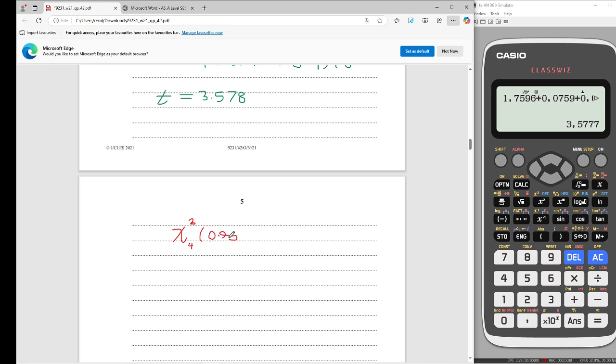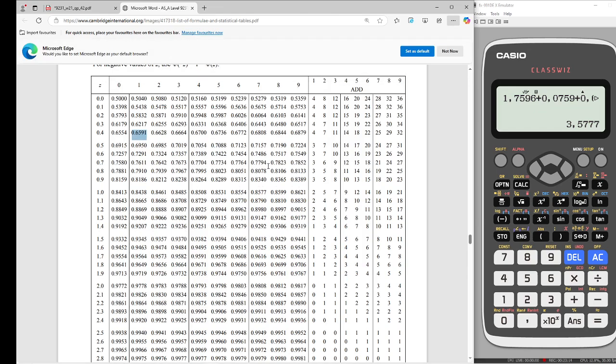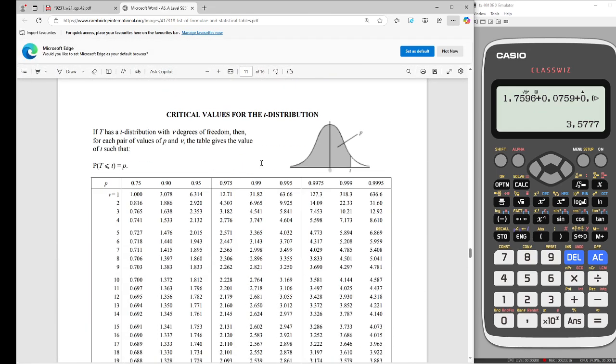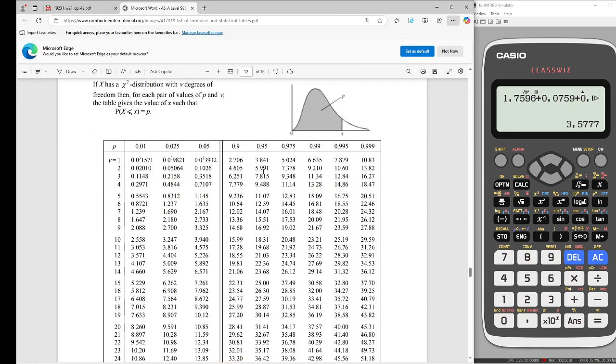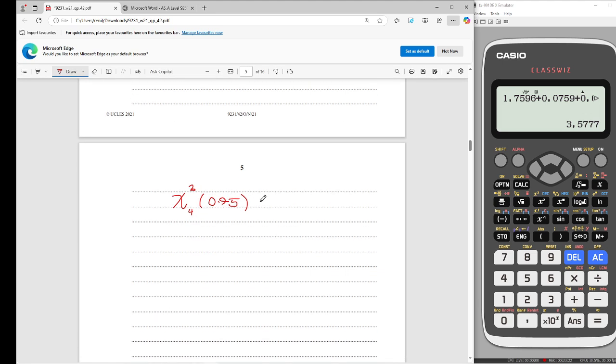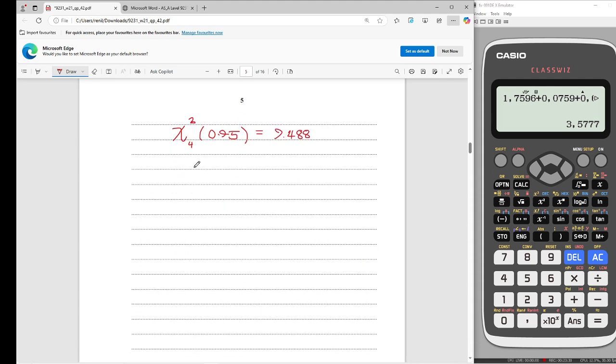What this means is that we're going to look for a p-value of 0.95 with degrees of freedom 4 in the chi-square distribution table. So 0.95, 4 degrees of freedom, it's 9.488. Right, perfect. Now we just compare the test statistic and critical value, but before we do that, a step that